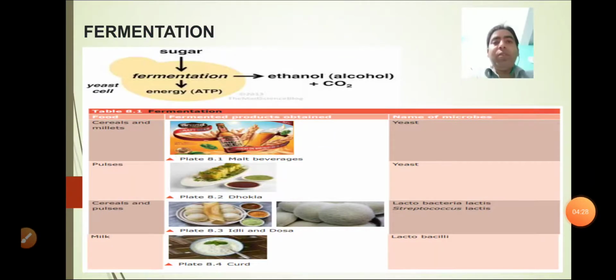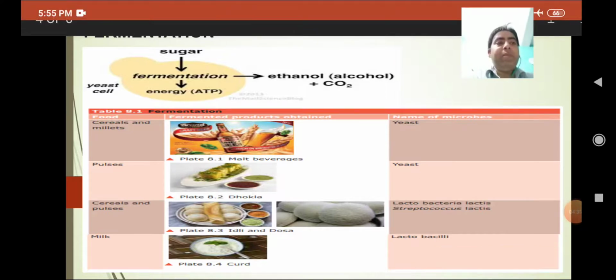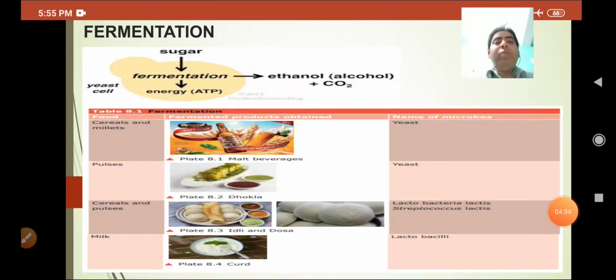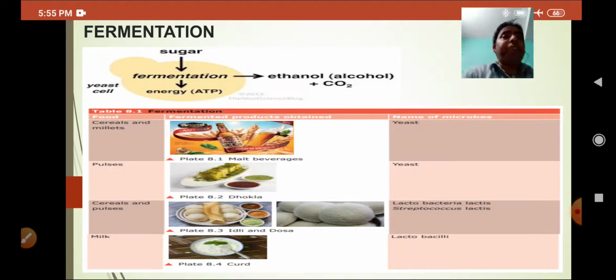Now students, come to the next process. Now come to the process of fermentation. The word fermentation is derived from the discovery by a scientist named Louis Pasteur. Who is Louis Pasteur? A French scientist and biologist who discovered the process of pasteurization and the vaccine for rabies. He also discovered the microbes that cause cow's milk to go sour, butter to turn rancid, and wine to turn into vinegar.